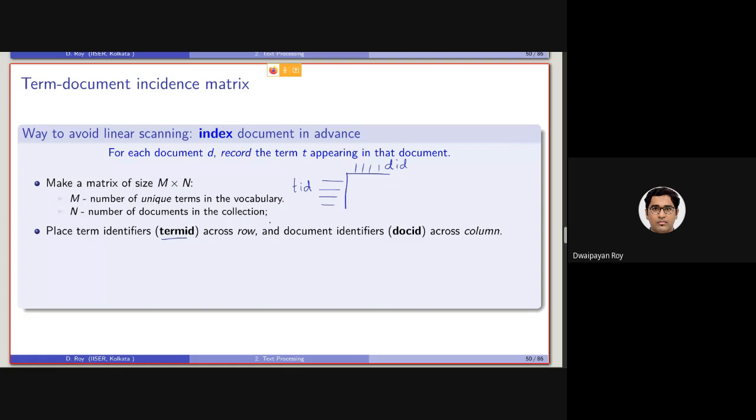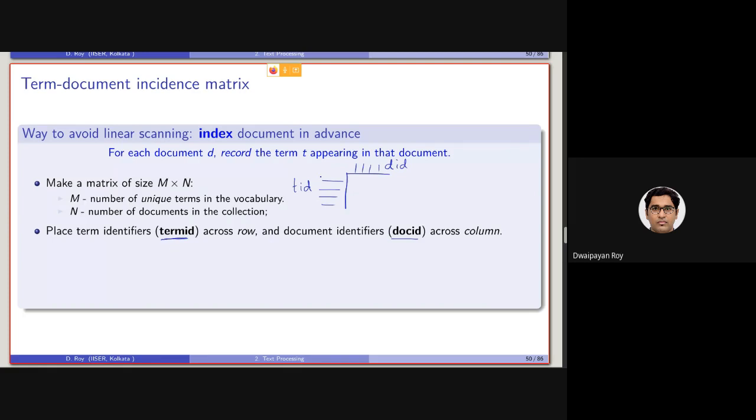Now let's spend a couple of minutes on why we shall be using a term ID rather than the term, or a document ID rather than something else. The thing is, for the term ID, we can actually use the term itself as well.